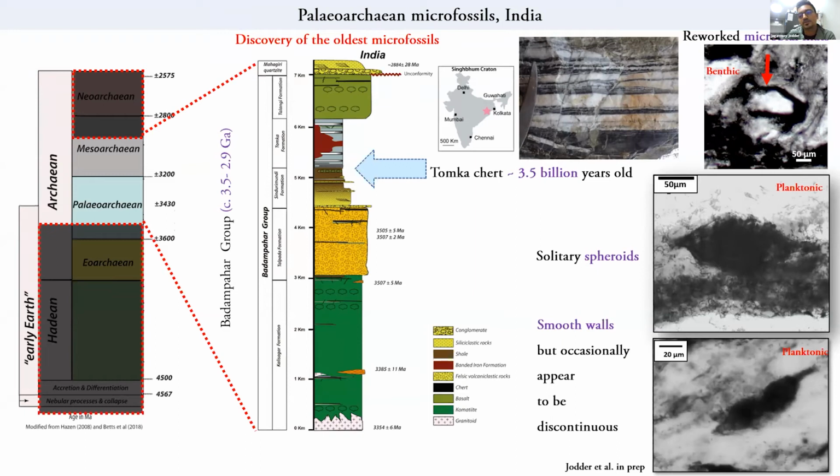This is our discovery from the Singhbhum Craton, mostly made up of carbonaceous matter and some silica. The interesting aspect again here is that they have a tapered, flared-out appendage close to the extremity of the spheroidal body of this microbe. Other than that, they also have smooth walls. Sometimes they are irregular, but they appear to be discontinuous. And if you are very, very fortunate, you will have some cusps or doublets of this nature, joined to one another, which also have the flared-out appendages.